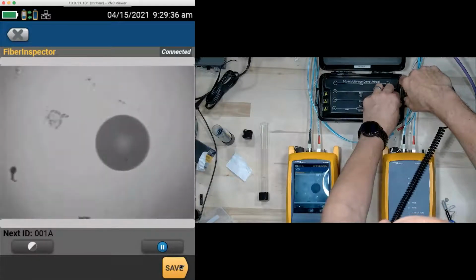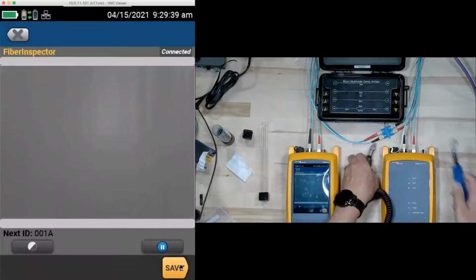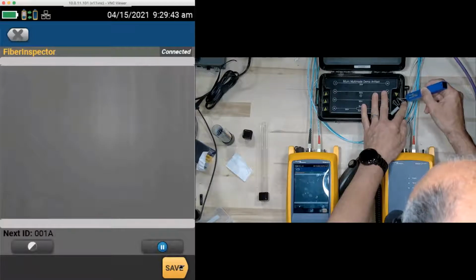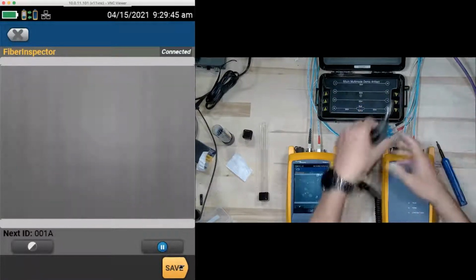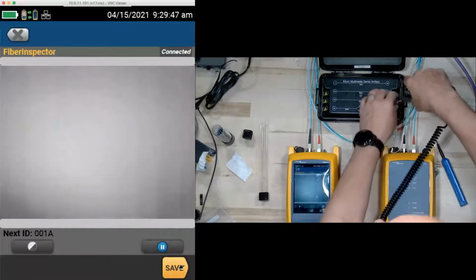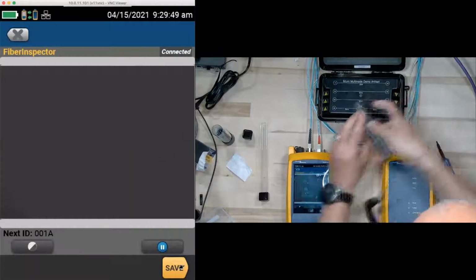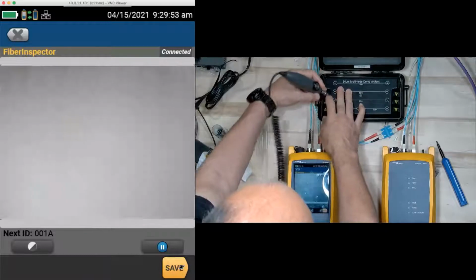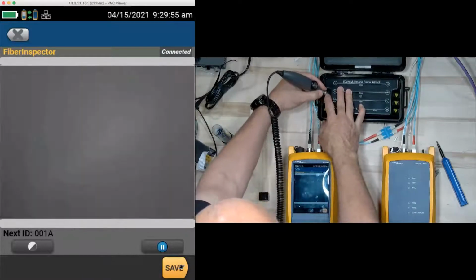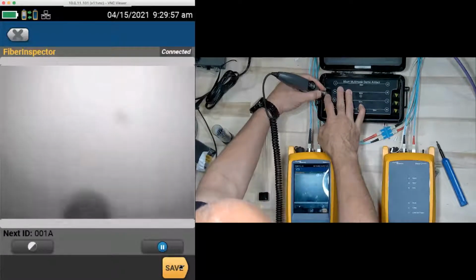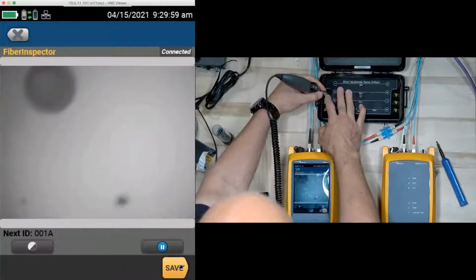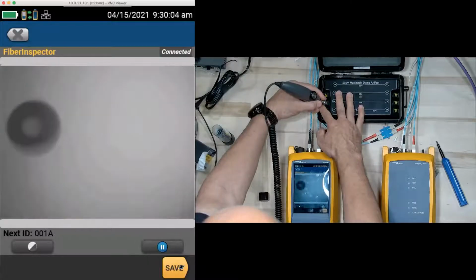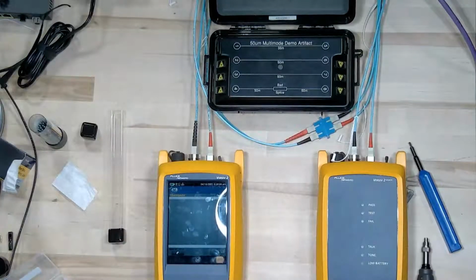Why? Because again, I like my test reference cords. I don't want anything in there that's going to cause those to get damaged. This is how we increase the life of our test reference cords. So it's a good idea before you start testing to inspect all your connections. You could even have somebody else go through and inspect these real quick. But just go through and inspect those, make sure they're clean, and if they all look good, now we're ready